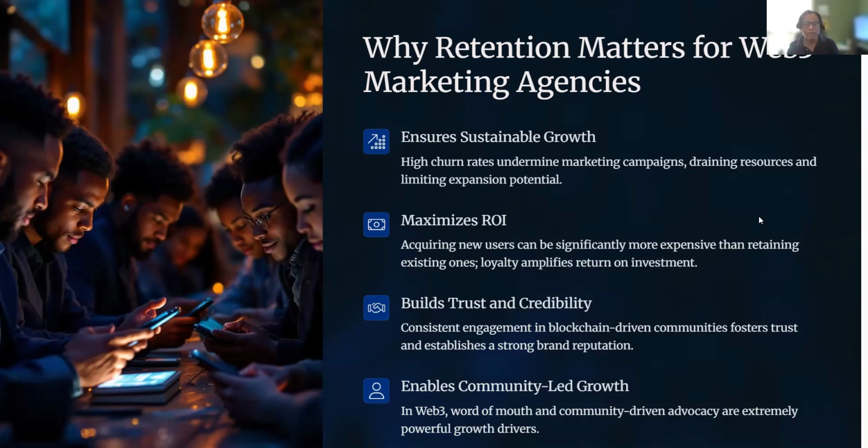You need to have those types of metrics so that you can understand and grow the customer base. At the end of the day, your customers are spending X amount of dollars for your marketing campaign. You need to show that there is an ROI for the marketing dollars they spend, so that they can retain you and you can continuously add value to your customer. And also, you need to build trust and credibility for the product that your customers are selling.